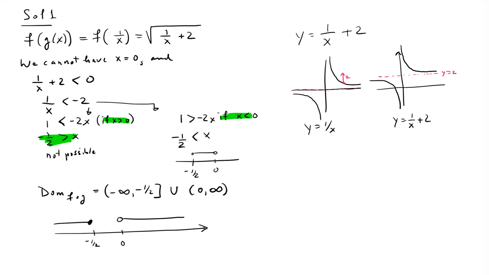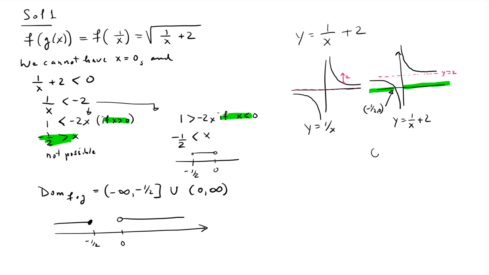And when we want to take the square root of that y, which is 1 over x plus 2, we want to make sure that y is positive. Now we can see on the graph where y is positive, it's where the graph lies completely above the x-axis. So for those x values, the values of y on the curve are above the x-axis, and the x-intercept here, which is minus a half, 0,